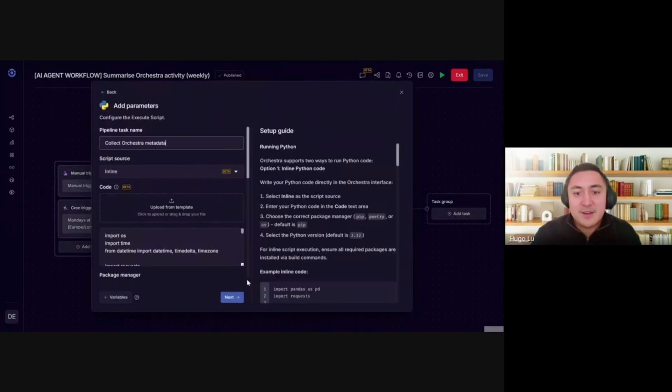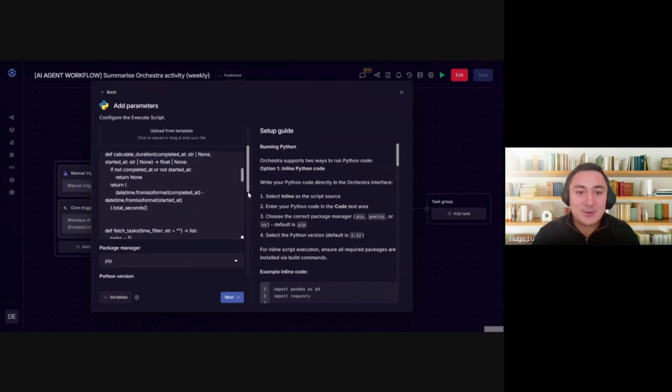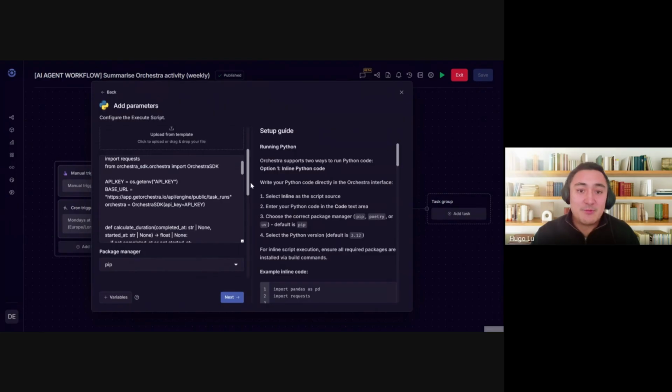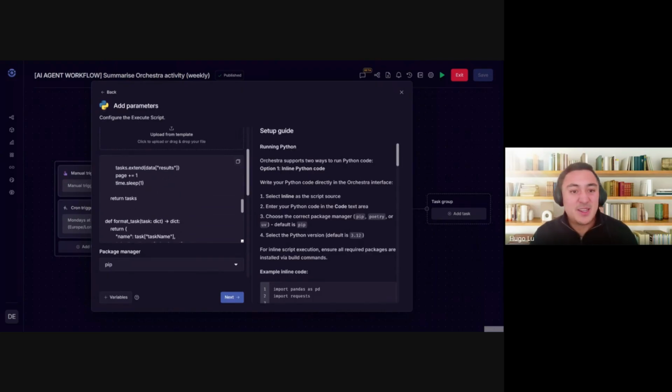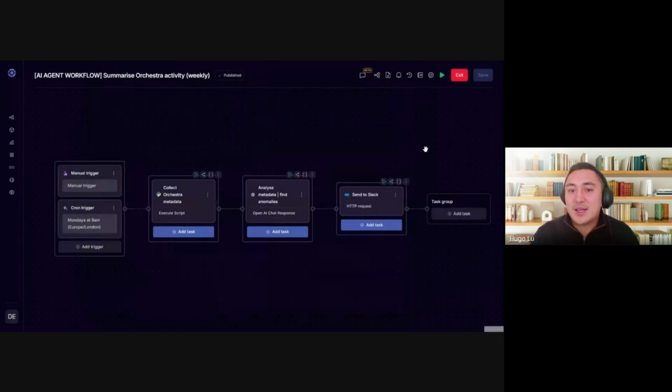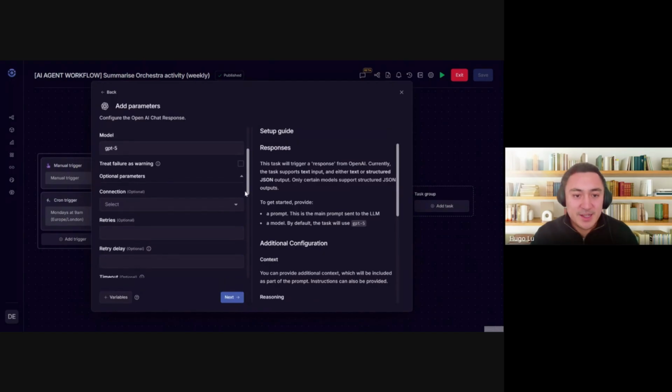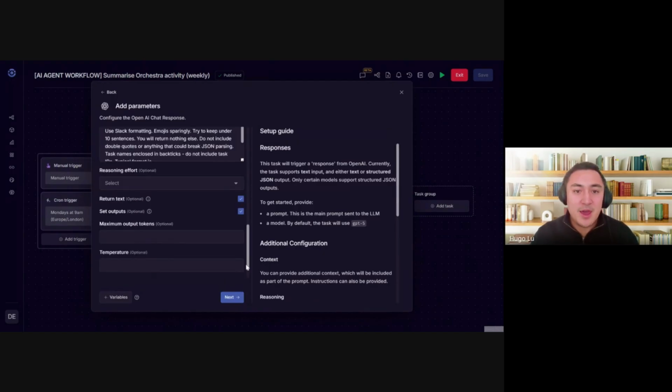And again, you'll detect a theme here, but because Orchestra automatically gets all of this underlying metadata, the team have basically written a script here that gathers some of that metadata, aggregates it at the level you need, and then identifies those anomalies and puts it in a really nice clean table. And then the pattern is the same, right? We're going to summarize this data, we're going to identify what those anomalies are,